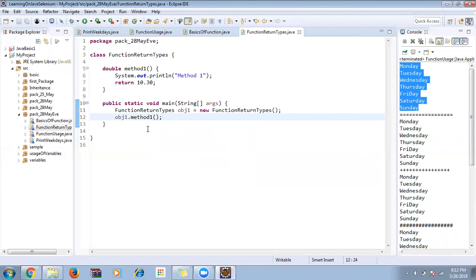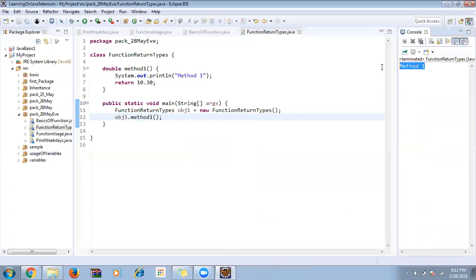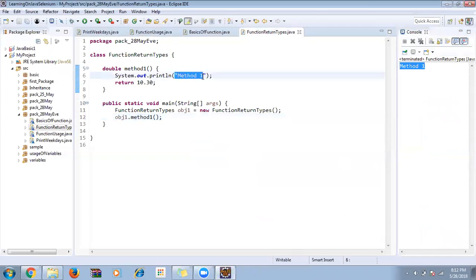So now you can see, right click, run as Java application. See, method1, it's going to print me method1. Then after that return 10.30. So what is that thing? It's going to return me 10.30. That comes over here. So that means if I use here System.out.println,